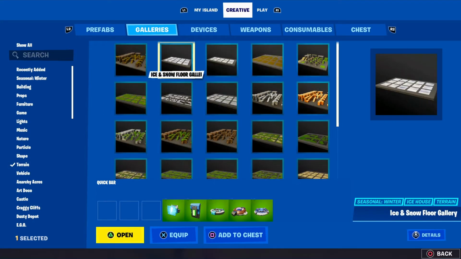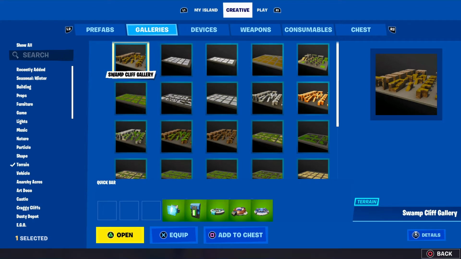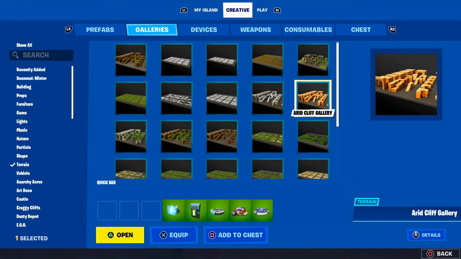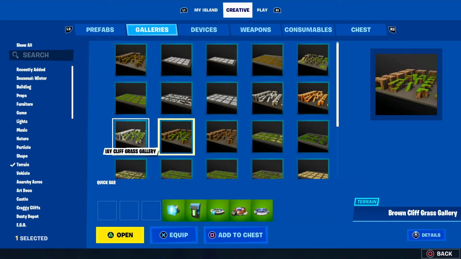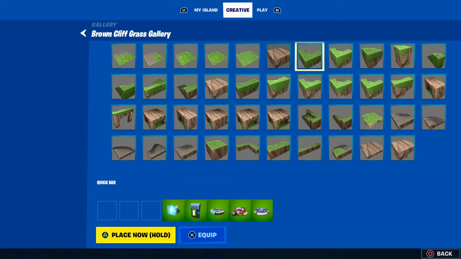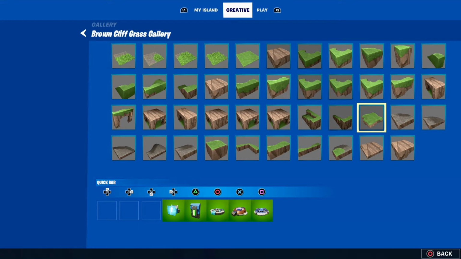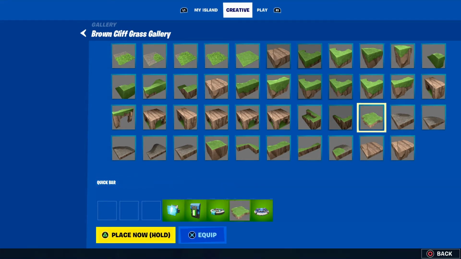available in Creative currently. Now if you look, you'll see that there is a swamp biome, a snow biome, a desert biome, dirt as ground, and you should see that there are 2 grass biome galleries as well. One has brown as dirt, and one has gray for stone. Now in today's tutorial, we are going to be using the brown cliff grass gallery, and we are going to be using this piece right here. You should be able to see it on my screen, and we are going to select it to one of